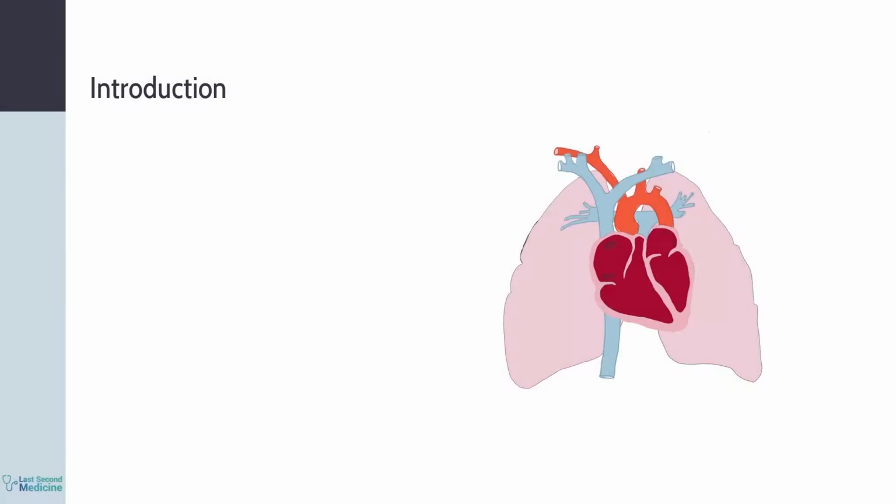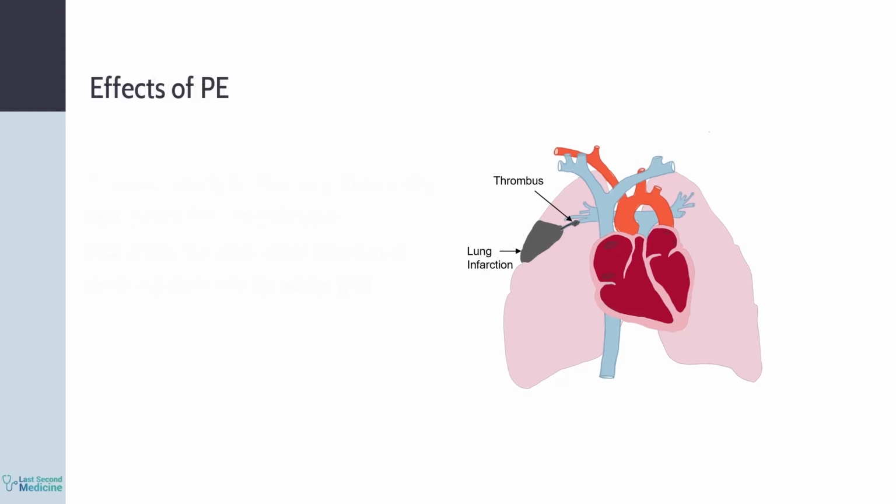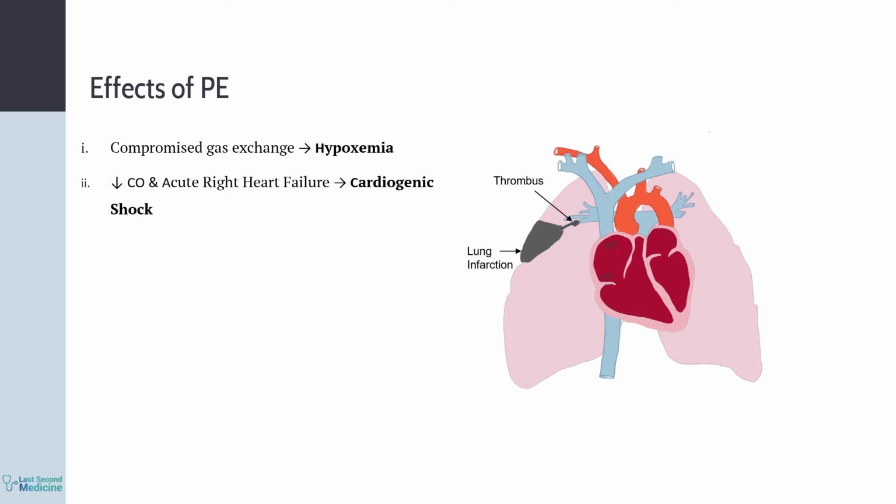Pulmonary embolism, or PE, is said to occur when some material from anywhere in the body passes into the pulmonary circulation and blocks blood flow to the lungs. This blockade of pulmonary circulation leads to multiple deleterious effects, depending upon onset, size, number, and distribution of embolic material. There is compromised gas exchange, which leads to hypoxemia. If the block is massive, it can cause circulatory compromise due to reduced cardiac output and acute right heart failure,